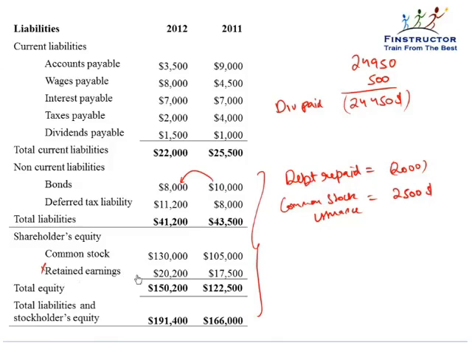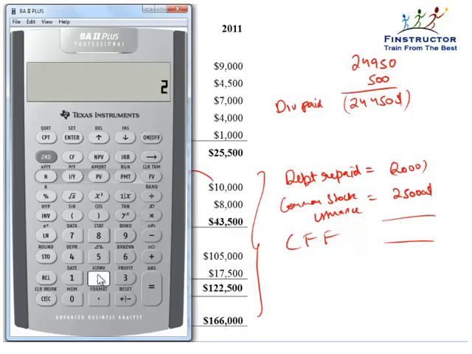Retained earnings come from net income, which includes operating and investing impacts, which has already been considered. So we can calculate the total cash flow from financing as the money coming in from common stock issuance minus the debt repaid minus the dividends paid, as 25,000 minus 24,450 minus 2,000